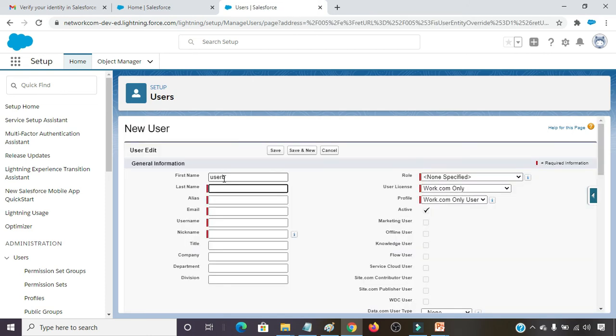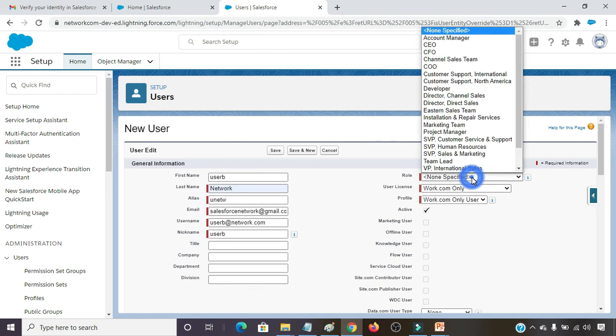User B I am providing, last name is network. Alias is coming by default. You can change it. Here by the name I am going to provide user B at network.com. Title, company name, all the things I am leaving.